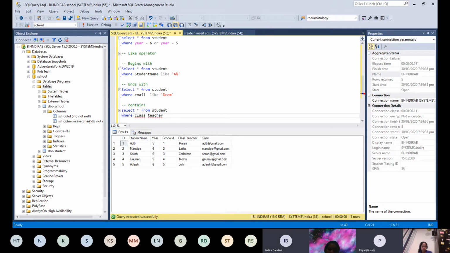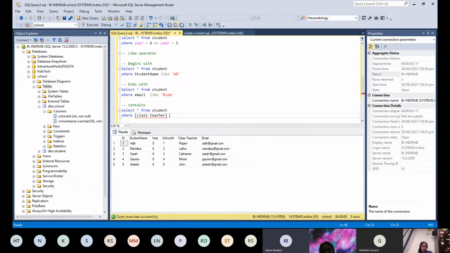Okay, can anyone tell me why this is an error? See here, class teacher, because there is a gap, you need to start with the square brackets. Then there won't be an error. Okay. Where class teacher. Why is it not coming? Okay, it's because we didn't finish the query.